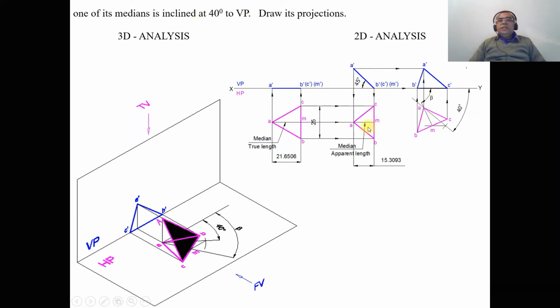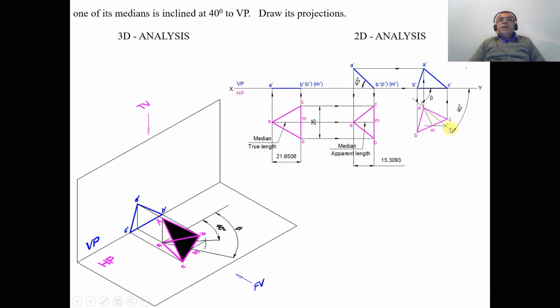So here what we need, as he has given the true inclination, so we need to find out the apparent inclination, because in the second position top view, the median what we have is the apparent length. So since we need to reproduce the second position top view here, obviously we need to find out the apparent inclination. To find that, you take any point and draw a horizontal line. Through that horizontal line with respect to this point, you measure an angle of 40 degrees and then